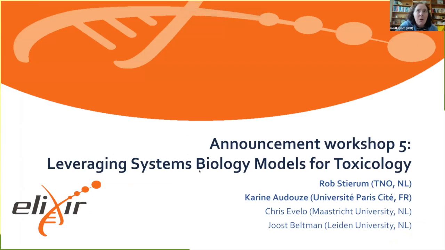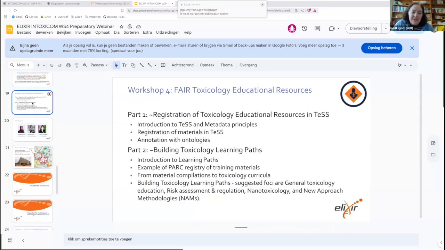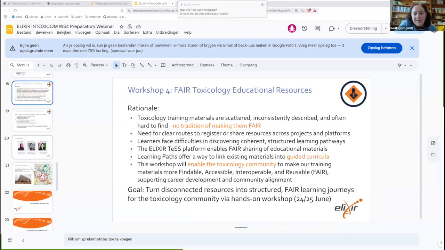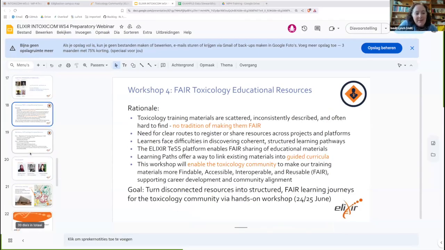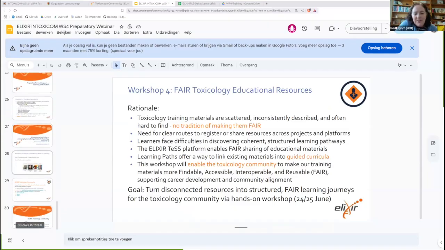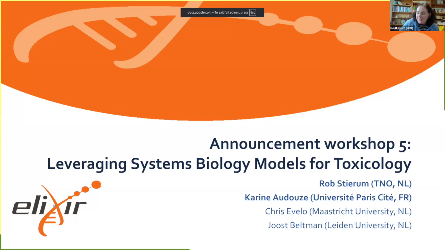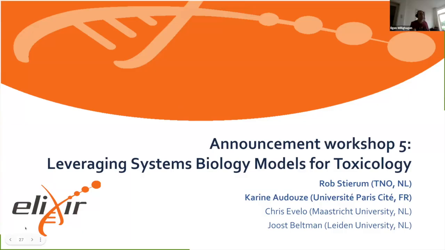Just to recap then, our goal for the outcome from the workshop: we will have the compilation of our training materials, we will write a short report, and then we will potentially even write a publication, but at the minimum we will have a report out from the workshop as per the previous three. That's all I wanted to say, other than we have two pieces of homework, and we'll send the link to those.